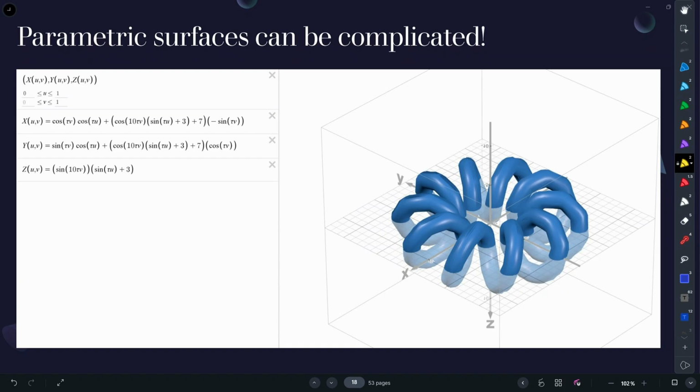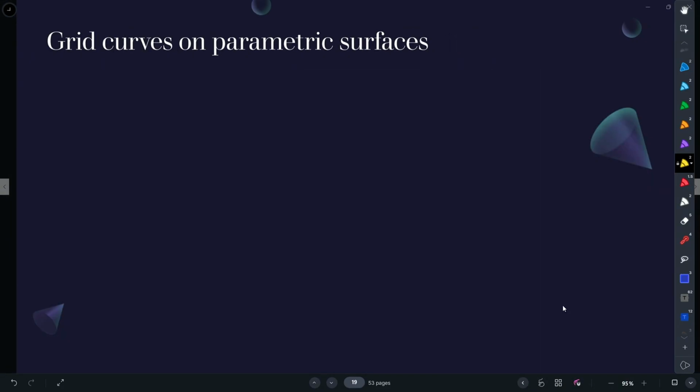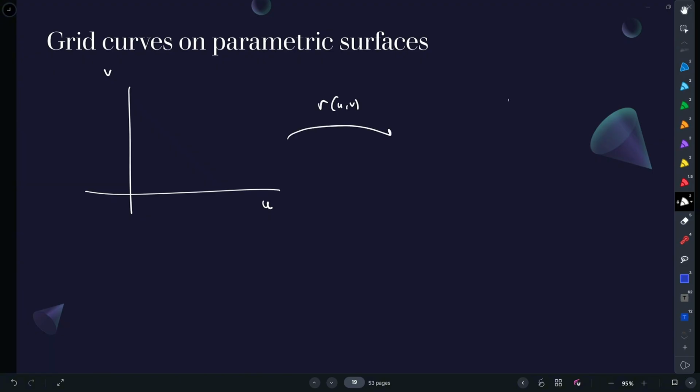Okay, so now I think I need to go back to a height. Something that has helped already in trying to understand the parameterization are what I call grid curves on parametric surfaces. So if I have u and v, and through r of u, v, it's parametrizing some surface,